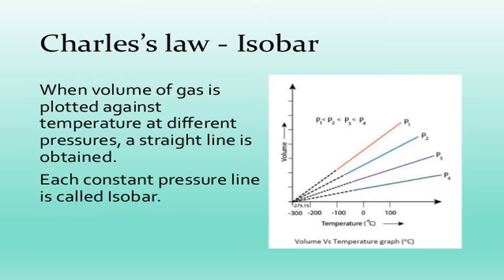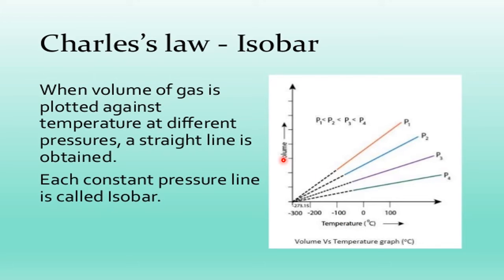This is a graphical representation of Charles' law. In Boyle's law, we did a graphical representation. Their temperature was constant. Therefore, those graphs were called isotherms. Iso means the same, therm is temperature. Here, we are keeping the pressure constant. Therefore, these graphs are called isobars. Bar stands for the pressure. It is one of the units of pressure. Therefore, same pressure, isobar. So to understand Charles law, we have to plot a graph between volume and the temperature.